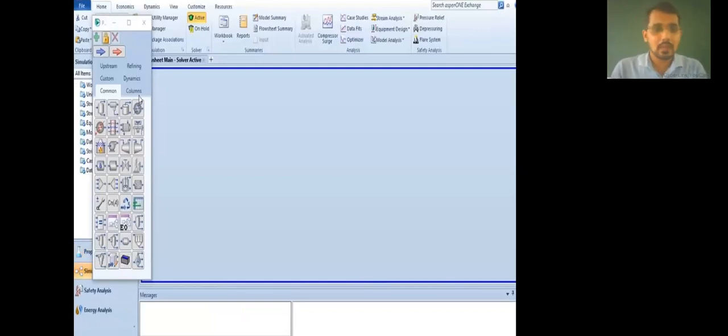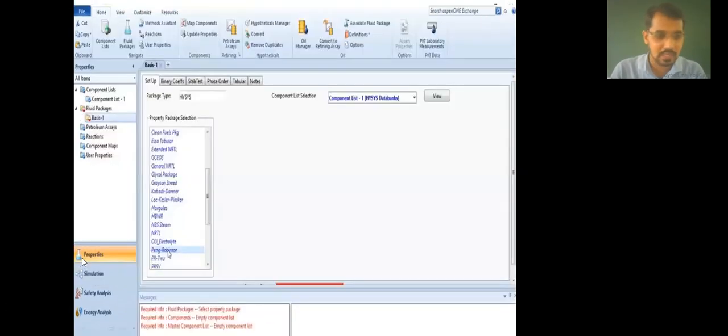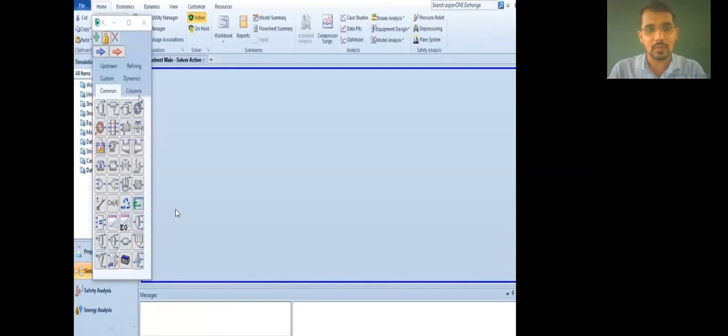Next step, click over the simulation. You can see here simulation is there. In the previous slide, there was properties. After that, simulation. After selecting the fluid package, double click over the simulation. After clicking simulation, this type of window will open where various unit operations, for example common, columns, dynamics, refining, will be displayed like this.